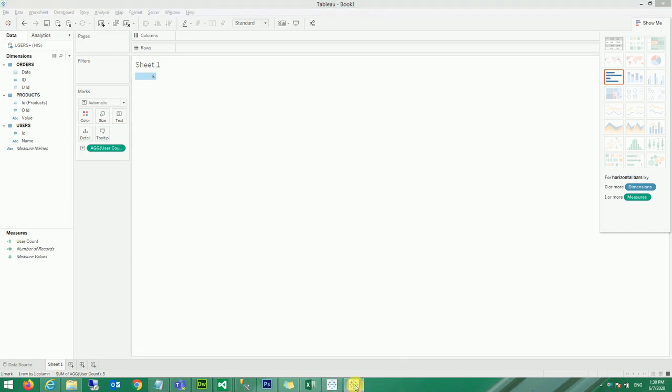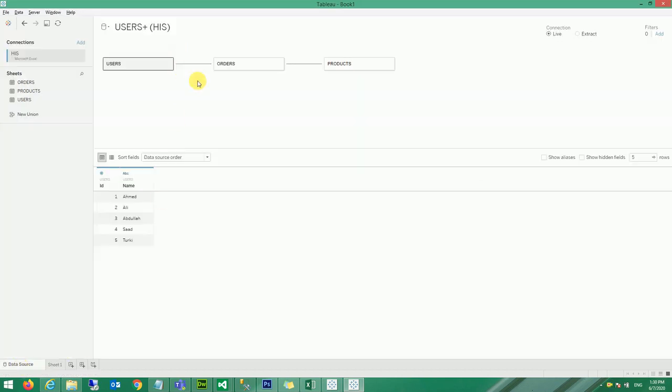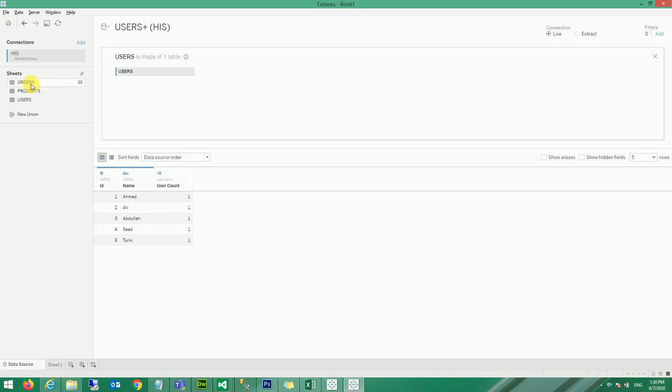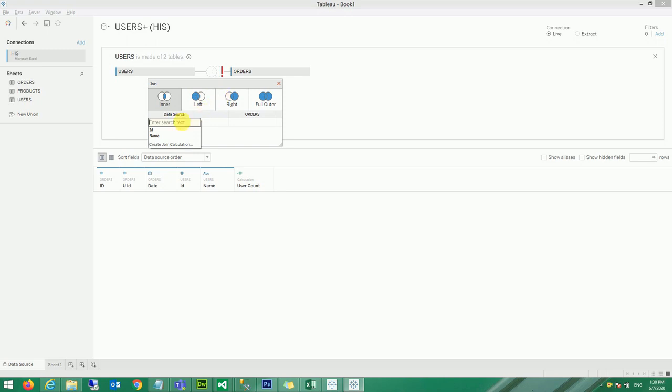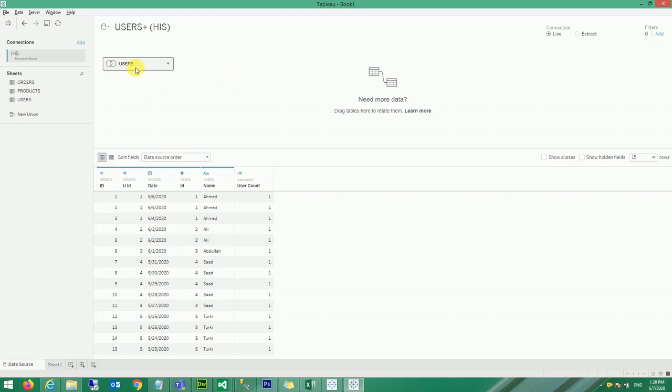One more thing I will let you know. What happens if you still want to have join conditions? It's very simple. You can remove all the previous tables, and you can double click on the first table and add the orders again, and now you can see the previous behavior which you had in the previous versions. You see that you can easily join similarly to how you were joining in the previous version, and now you see it makes this as one table. If you close this, this becomes one table which is a join of two tables.